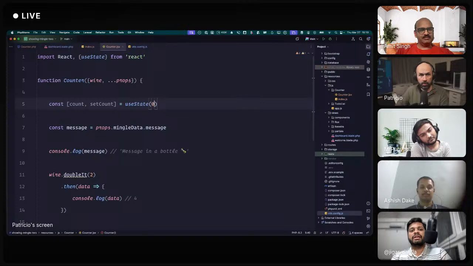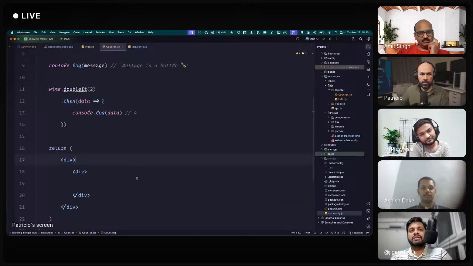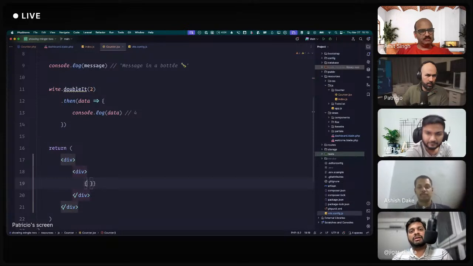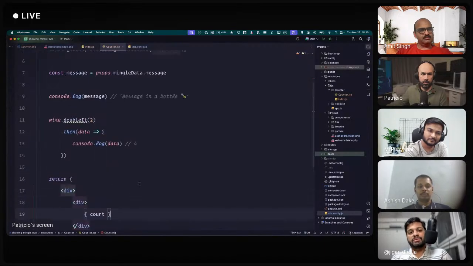Here we are writing a proper React component, and we want to see the changes that are happening in React, and we can DD the property inside the Livewire component.